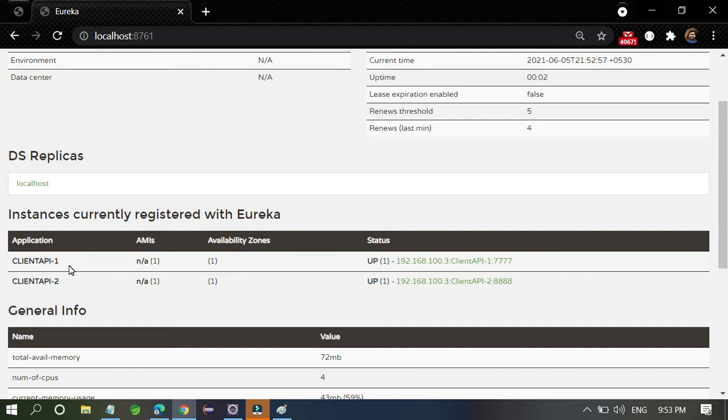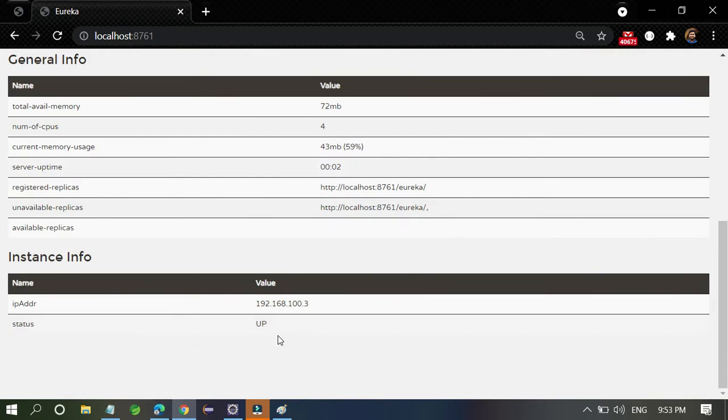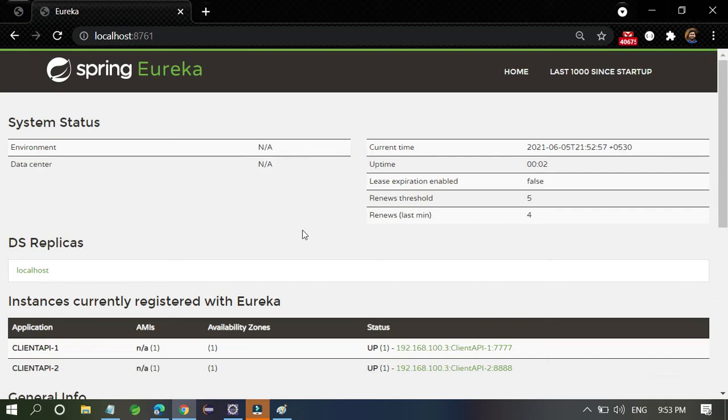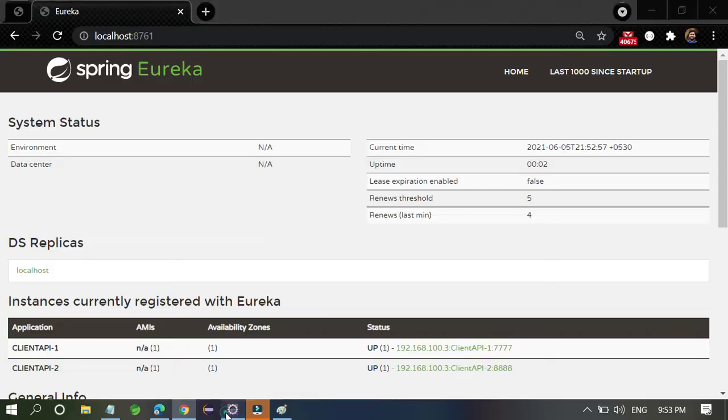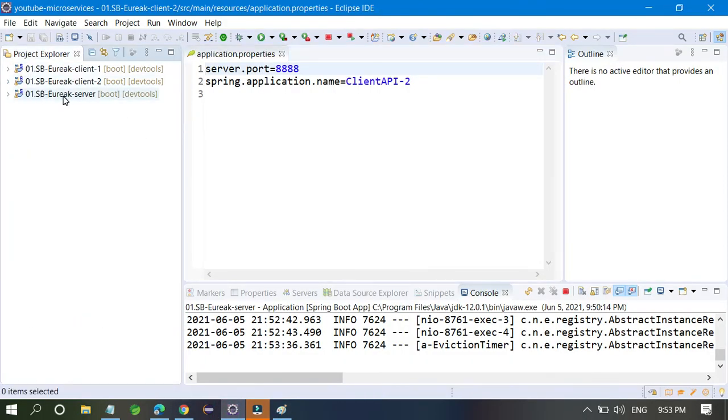I will cover everything in the next video, but in this video I am going to design one API gateway. So please be patient and see all those things right now for the API gateway only. Next, what do I have to do? Our both APIs are registered with the Eureka server, and the Eureka server is nothing but one kind of API only.